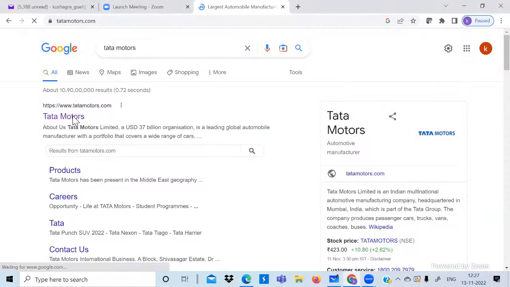So let's say I go to Google and I write Tata Motors. So I click on Tata Motors